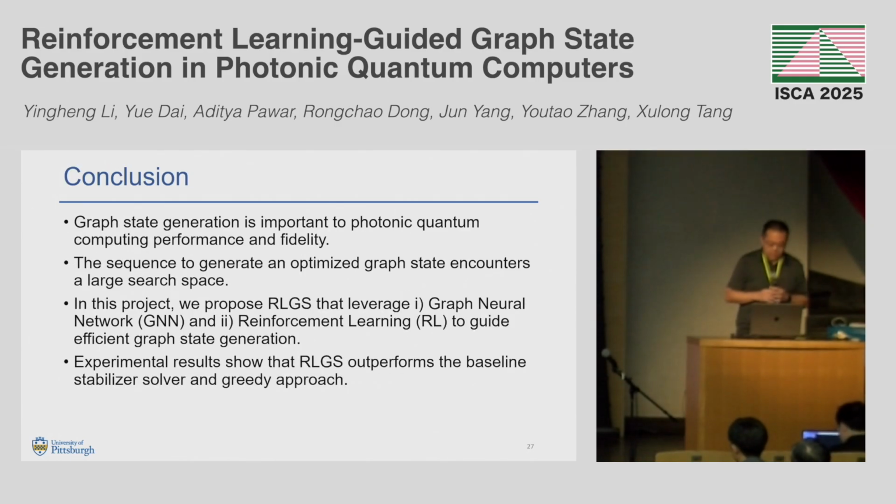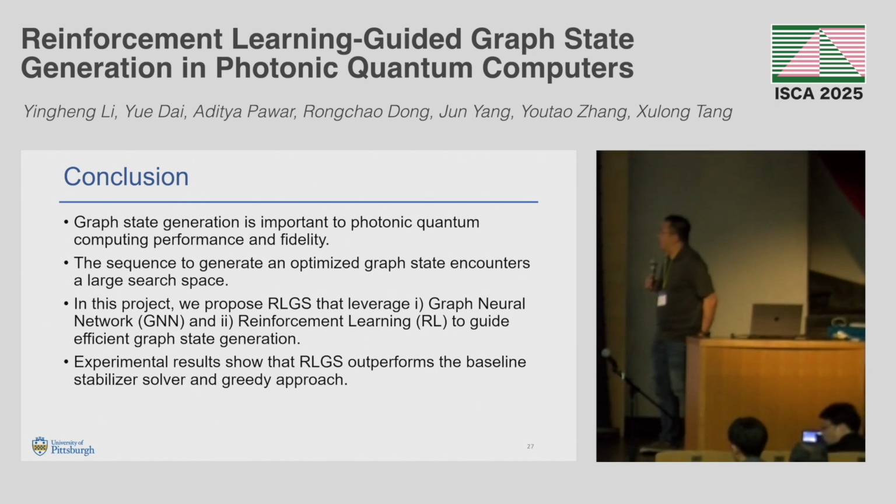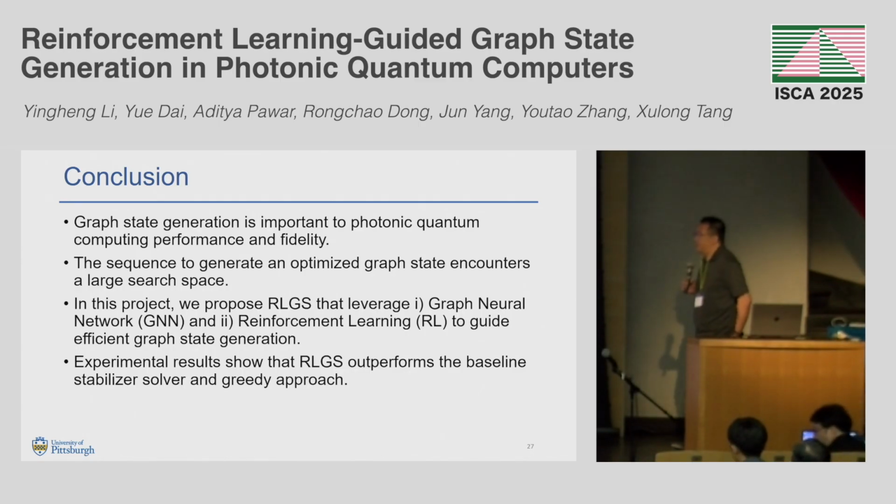Coming to the conclusion. The graph state generation sequence is important, and the search space is large. The baseline is exhaustive search, which has performance issues and also fidelity issues. So in this project, we use a combination of reinforcement learning and graph neural network to guide the generation order. The results show that it is close to the optimal and outperforms both the baseline and the greedy approach. So I think that's all